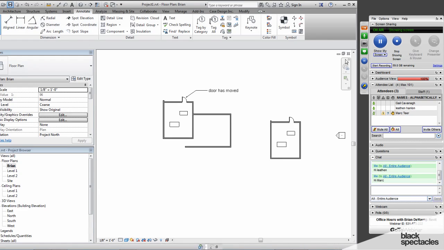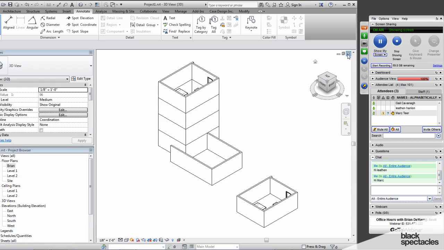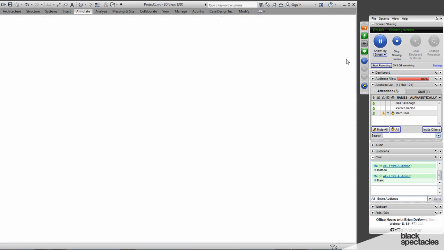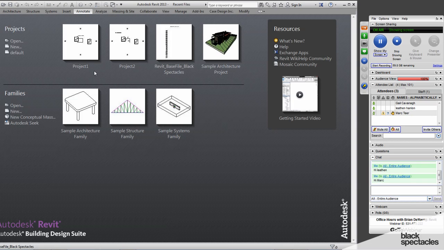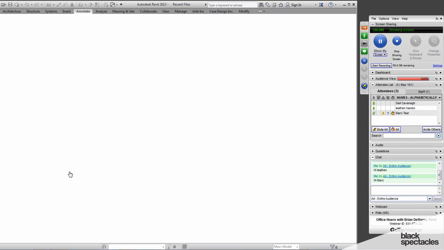So what I'll do is I'll save this and close the file. Yes, yeah, I duplicated it, because we typically classify these linked views as coordination views. That's how we classify them in the project browser. So now what I'm going to do is open up the documentation file, and then